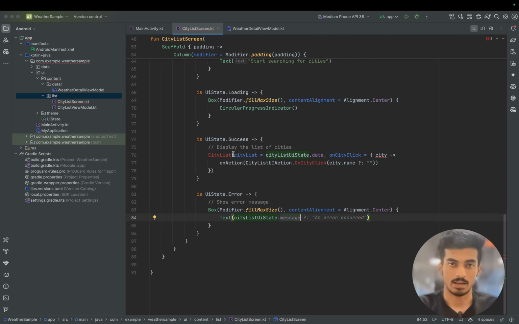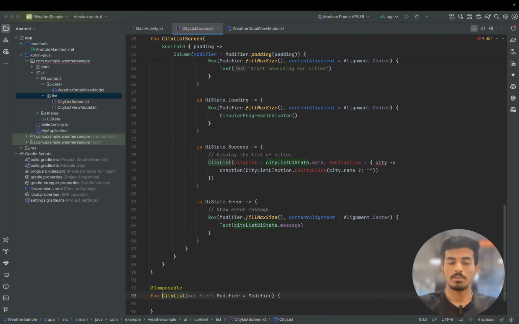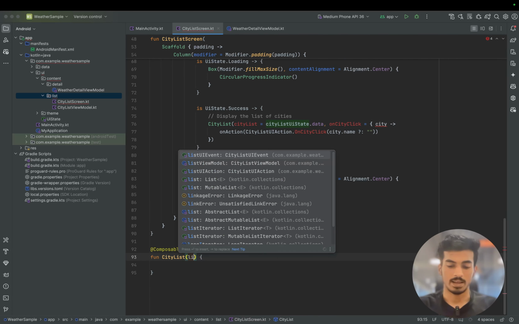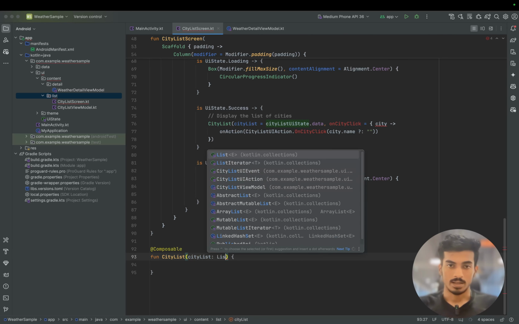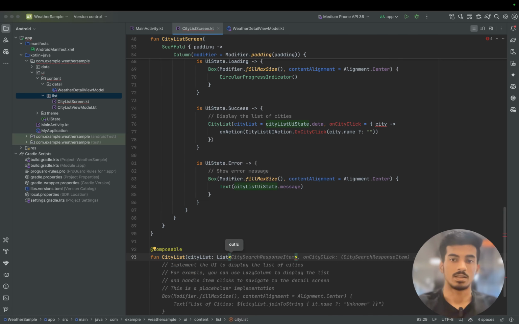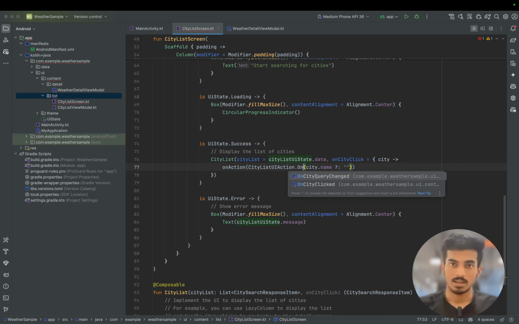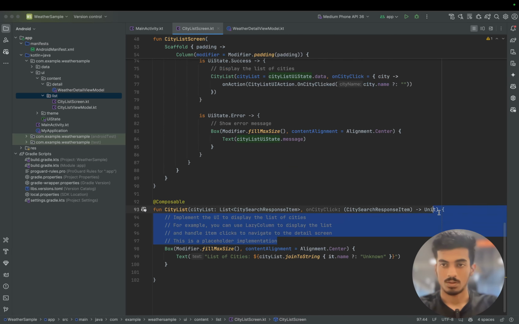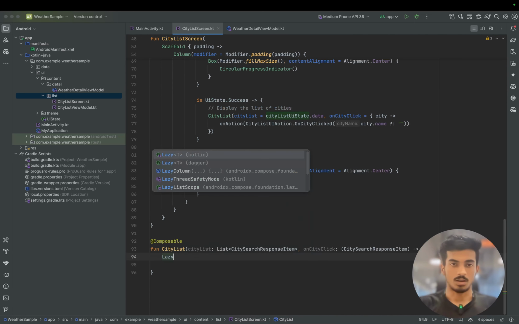That is it. And let's create our city list composable, and this will be another independent composable that is also reusable and testable, and that will only take our city list, that is a list of the city search response item, and on city click. So on city click we are passing the name to our other screen. So that is it. Here we will have our lazy column,